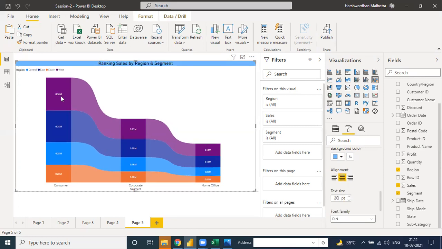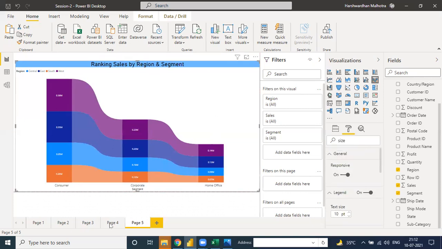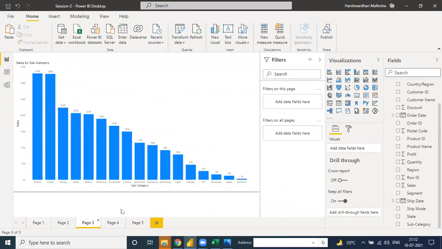60. And suppose you need to change the size of this one, then you can directly change the text size as well, with multiple options. What are the sizes? So how to analyze this kind of visualization as per your requirement? You need a column chart, or a ribbon chart, or a stacked column chart. You will do it as per your requirement.